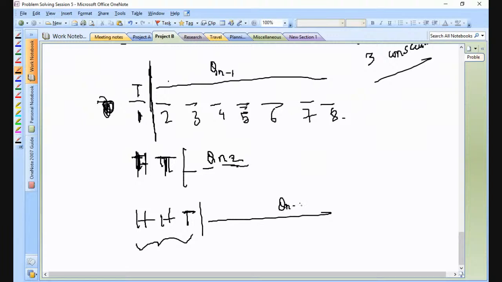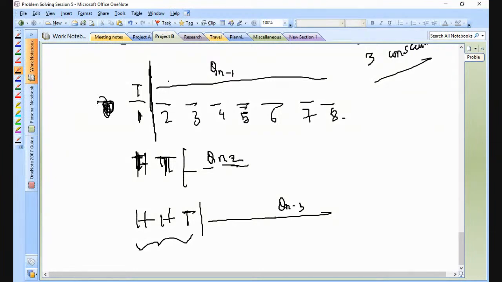Yep, perfect. And then now it is a mere probability of having that. T is just half times Q_{n-1} because the probability of T is half. Same goes for HT, the probability is 1/4. And same goes for HHT, it is 1/8. And I think it's over there. Yeah, nice, exactly.